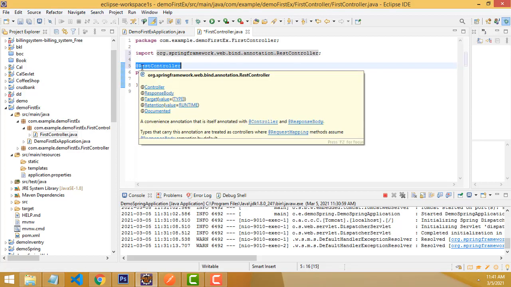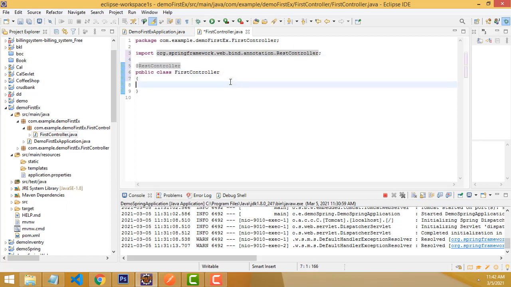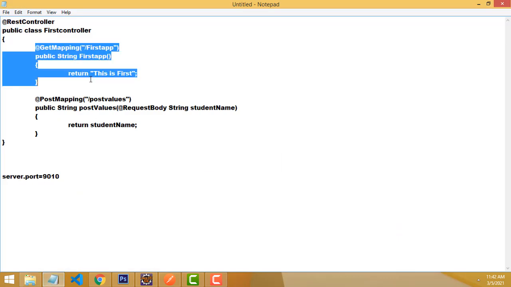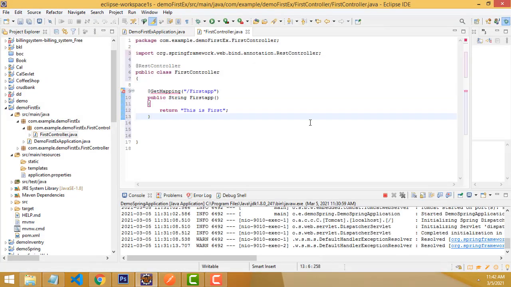It asks this for all the annotations. It asks to import the relevant namespace. It is coming from Spring Boot Web, the annotation RestController, right? It's a RESTful controller, right? Okay. Simple stuff, right? After that, first let's look at the concept of GetMapping, right? So here we have to copy and paste it. Instead of writing the code again, it takes too much time to complete, that's why I have to do the task like this, right?